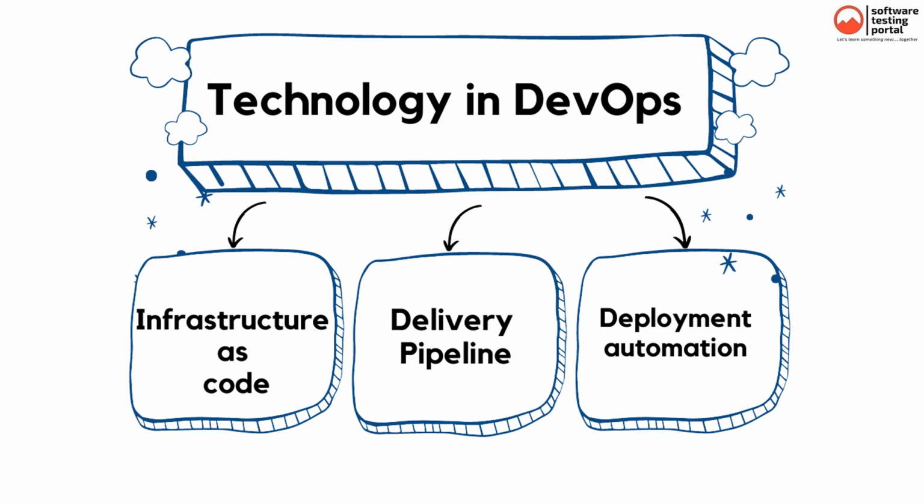There are three technology capabilities in DevOps which we will discuss: infrastructure as code, delivery pipeline, and deployment automation and release management. The first technology capability is infrastructure as code, which is a core capability of DevOps that allows organizations to manage the scale and the speed with which environments need to be provisioned and configured to enable continuous delivery. Three kinds of automation tools are available for managing infrastructure as code: application or middleware-centric tools, environment and deployment tools, and also some generic tools.